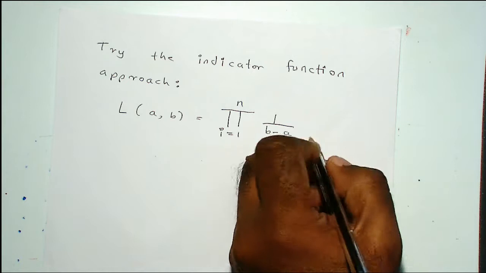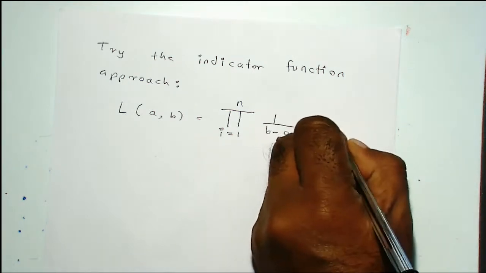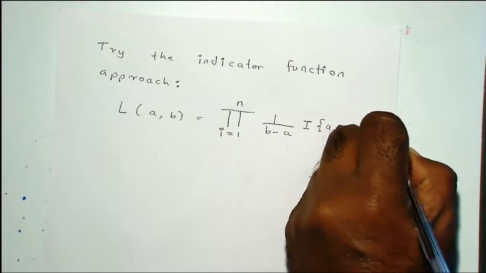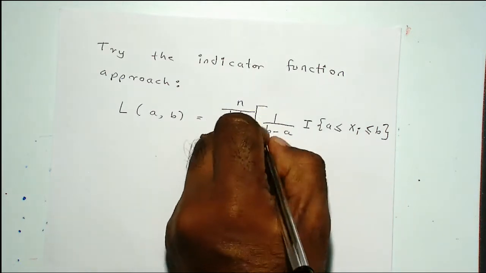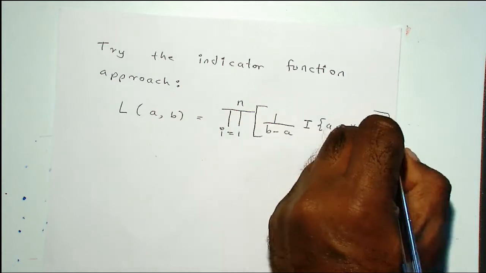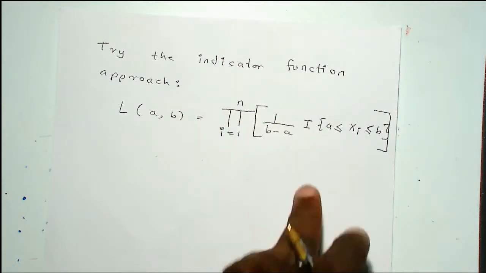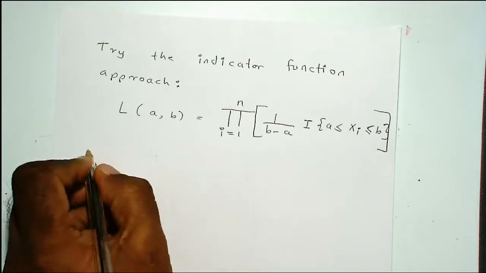So I must say that here, guys. I must say that a is less than or equal to xi, less than or equal to b, because that's the definition of the uniform distribution. By definition, every xi must be between a and b, right? So this is the principle of the indicator function approach. So this becomes